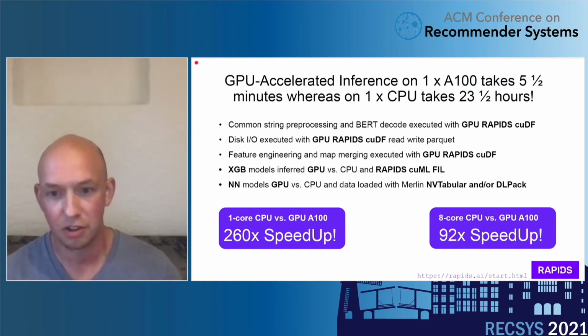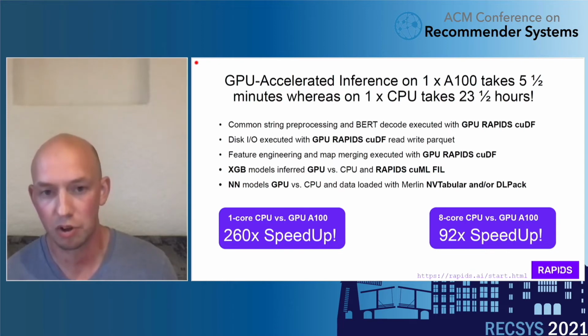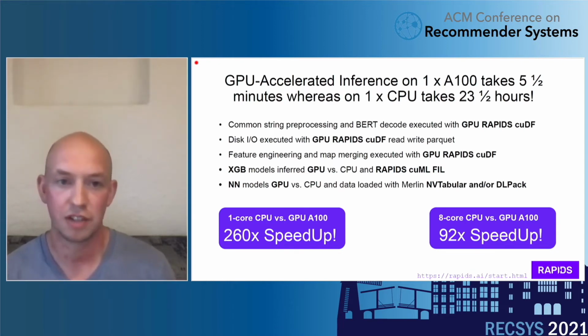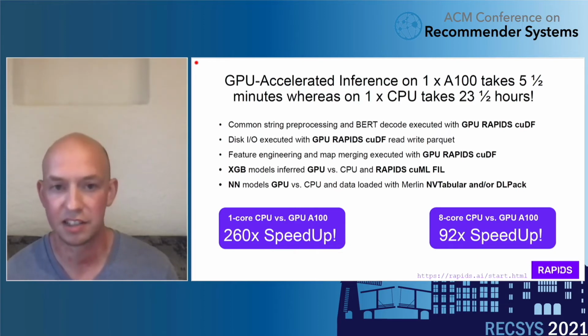And this sounds at first like, oh, this takes a lot of time of optimization. Actually, our team of 4 engineers took 3 days to convert all 6 stage 1 models and both stage 2 models into a GPU version. And it runs end to end. We do all the string processing on GPU. We do all the reading from disk and writing with Parquet on GPUs, all the target encoding merging,